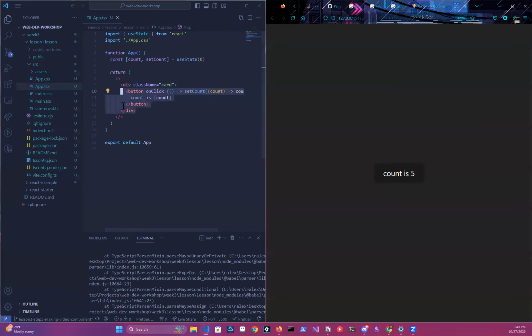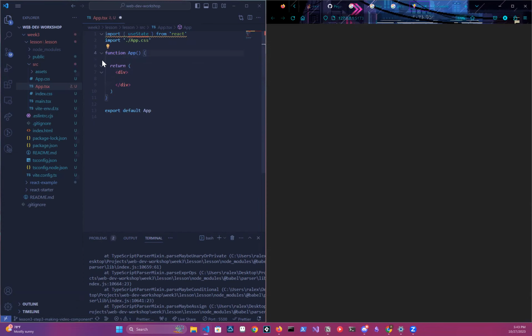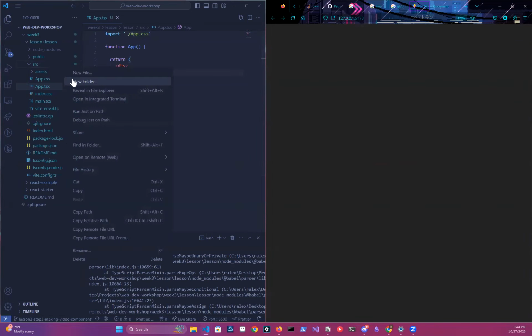So right now I'm going to get rid of this, and I'm just going to make an empty div here, and I'm going to get rid of this use state. So we have a blank page here, and I can get rid of this at the top now. Just for the sake of example, I'm going to show you how we can make a basic YouTube homepage kind of thing. When I refer to a function-like thing that can make HTML, in React, what that is called is a component. And so if we want to make a component, I'm just going to create a new folder inside